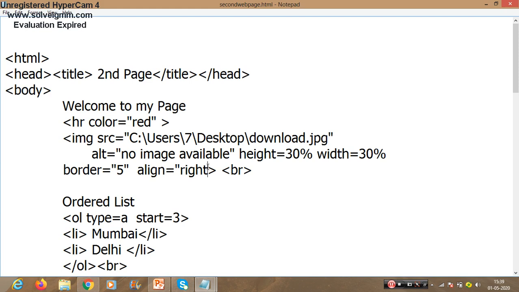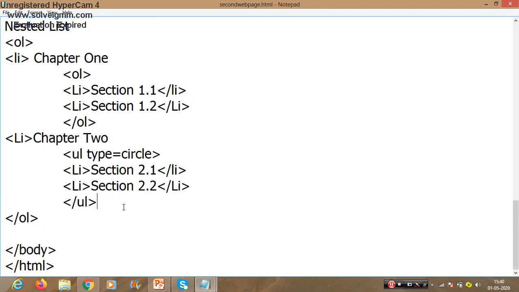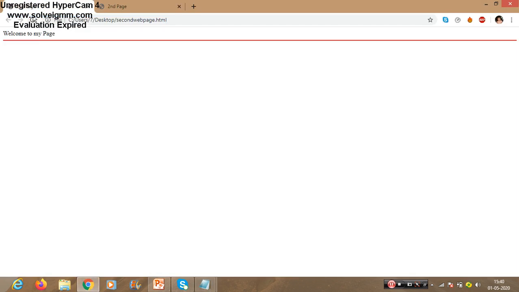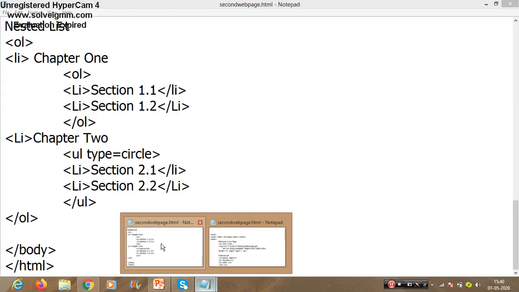We didn't close it, so we need to put double quotes over there. So you can see our image is set at the right position, having a border and the height and width that we have set.